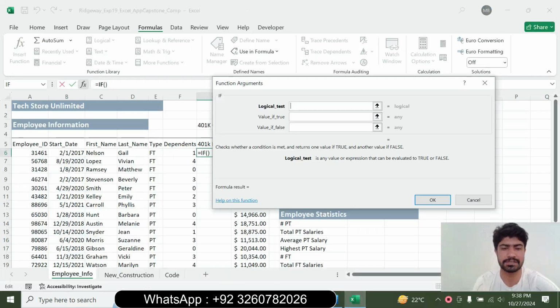The logical test is a nested function: the AND function. Select cell E6, which is the full-time status, type equal to, and